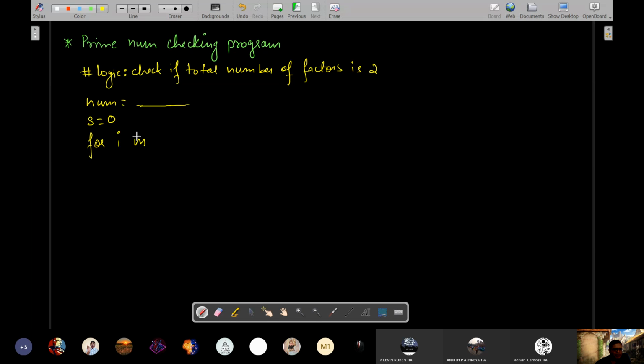For I in range 1 to num plus 1, we will write if, and then you will write S is equal to S plus 1 or S plus equals 1.